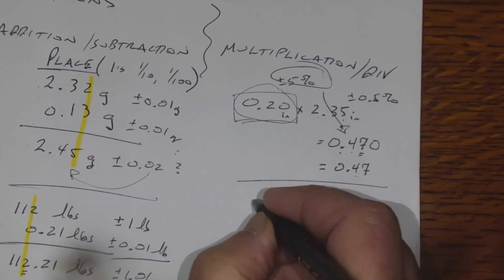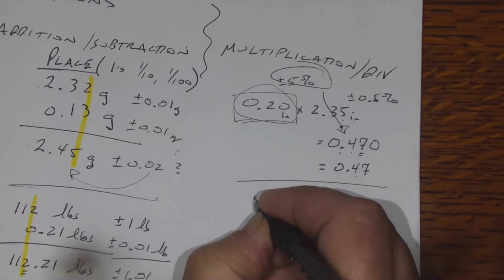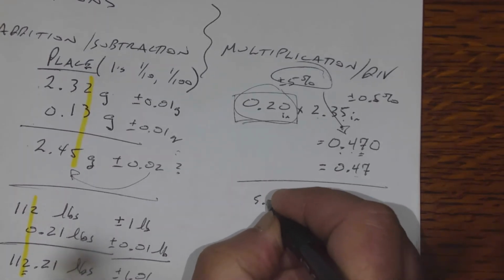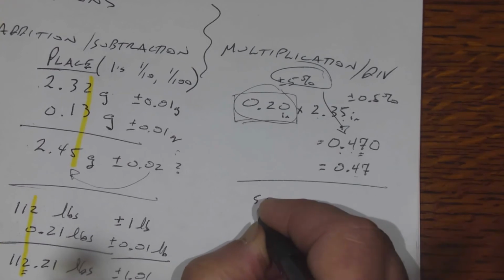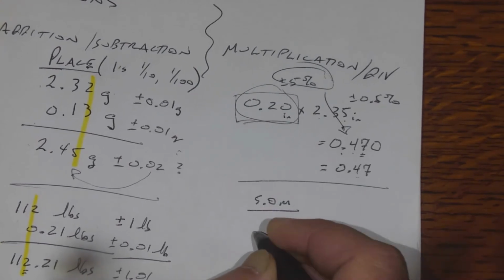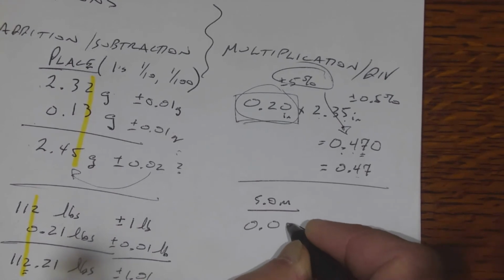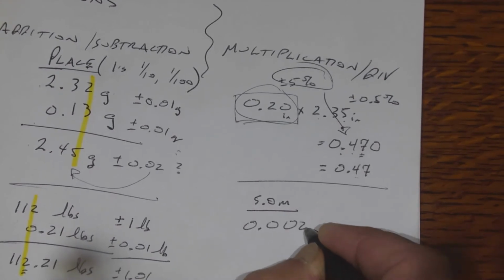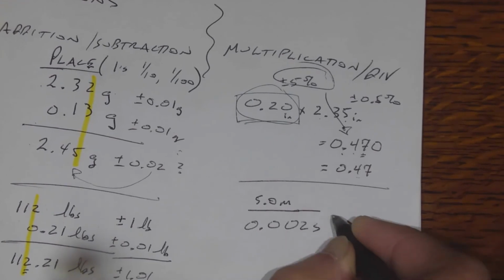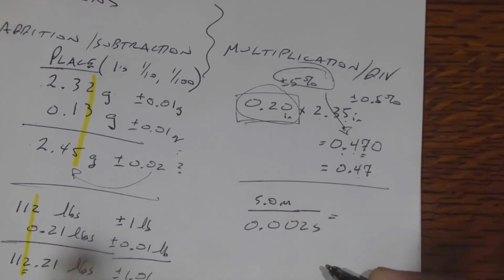So if we said 5.0 meters divided by 0.002 seconds, and I do that calculation, let's see, 5 divided by 0.02, my mental math skills aren't working today. And so I'm going to get 2,500